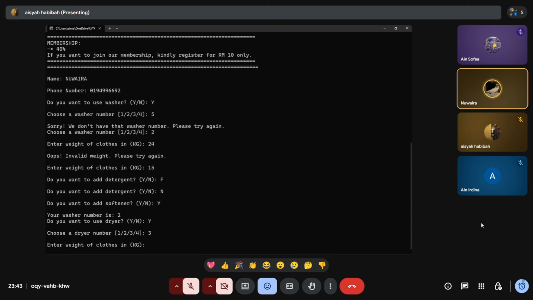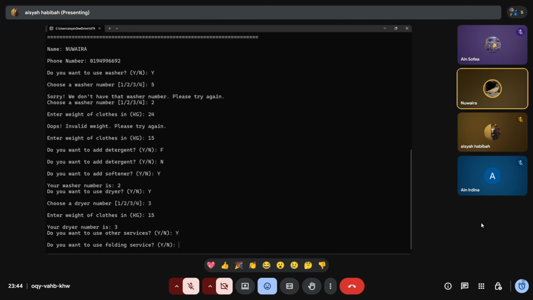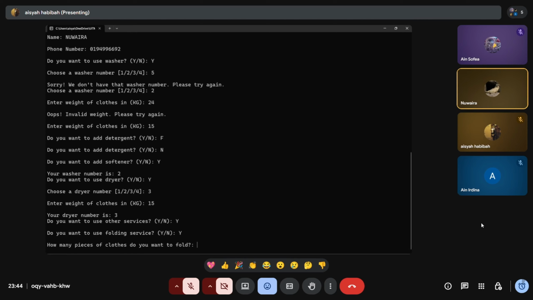and then it will ask the user to input their weight of clothes, so I will put in the same weight as the washer, 15, and at last it will display the dryer number that the user chose, and then it will move on to the next part, which is the other services function. So it will ask the user if they want to use other services, so I will choose yes, and it will ask the user if they want to use the folding service, so I will input yes, and it will ask how many pieces of clothes they want to fold, so I will put in like 10,